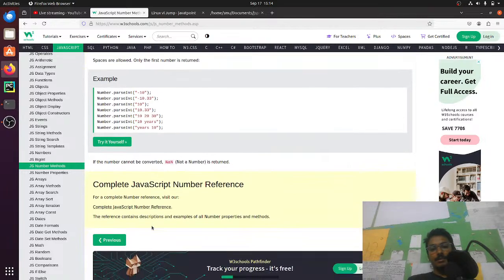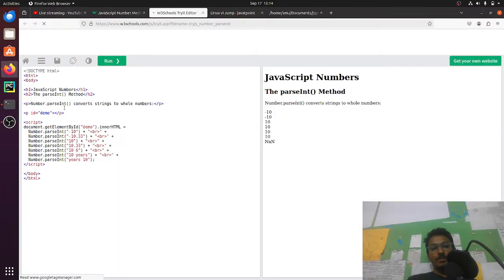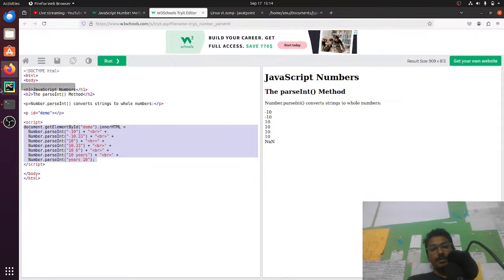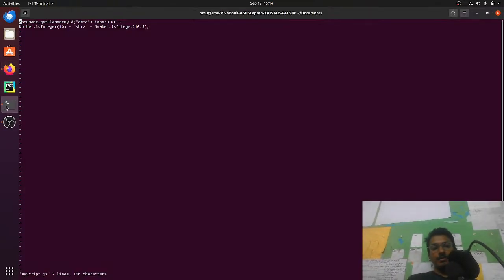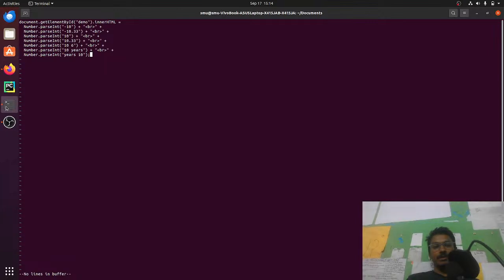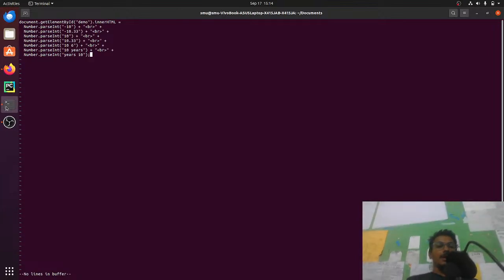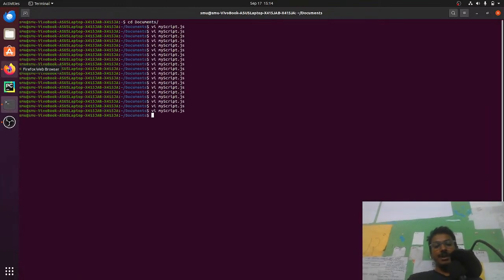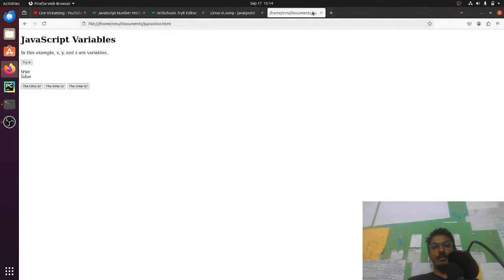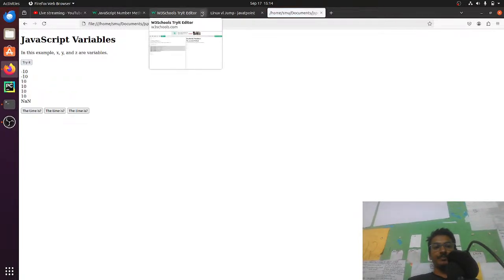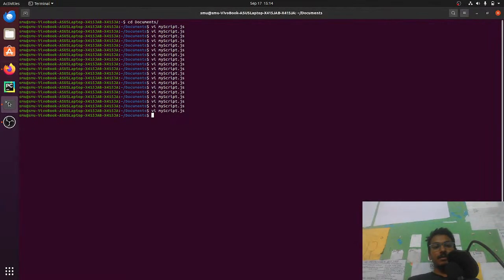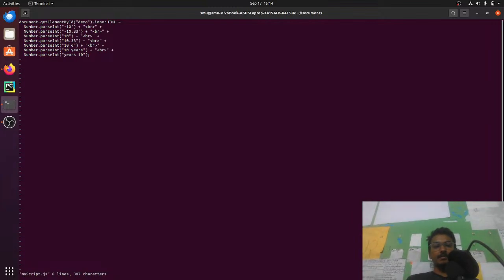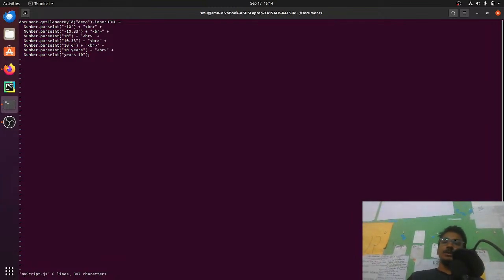Let me run this. So one by one we will analyze the code here, and I'll try to figure out what these functions actually mean. And document.getElementById with parsing. So what will I get in parsing? Let me save the program first and run it here in my browser, and what I get is exactly -10 as a number, and